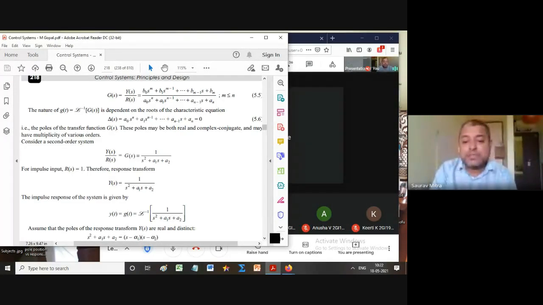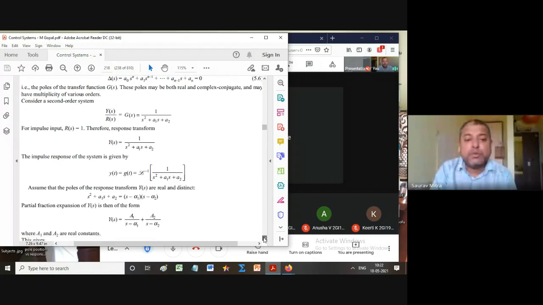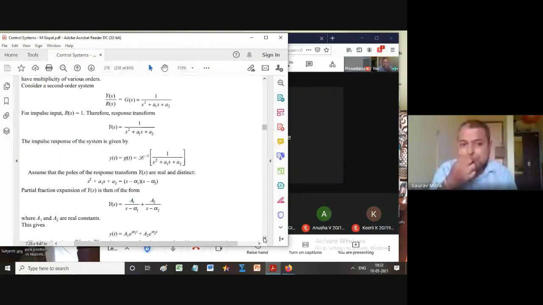So impulse response is a response of the system which is equivalent to system output when input given to the system is impulse, that is R is equal to 1, and only for that input we find that output is equal to transfer function. So this is the line that must come: only for impulse input, output is equal to transfer function, or Y(s) is equal to G(s) or y(t) is equal to g(t). So whatever g(t) you are finding, it is e raised to minus 5t, whatever y(t) you are finding, it is e raised to minus 5t for our system.